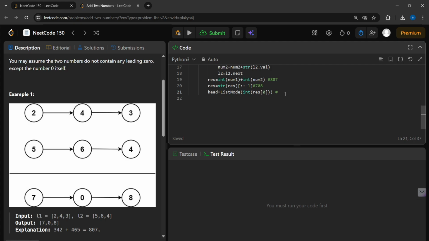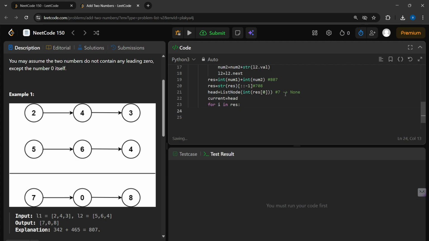A node will be created with 7, and its next pointer will be none. I hope you know basic knowledge about linked list. Okay, so head is equal to that much currently, and now our current pointer is going to point to head. Simple as that. Now what we are going to do, we are going to iterate in our result, and we